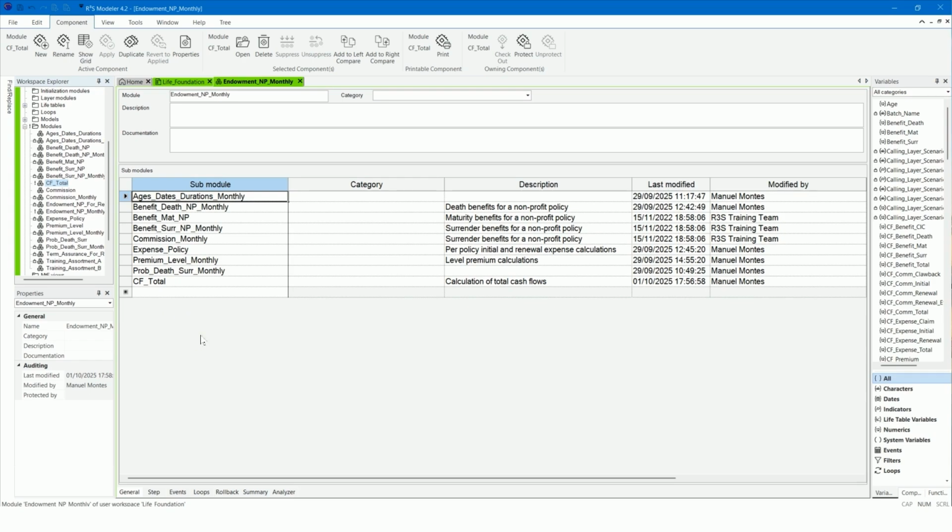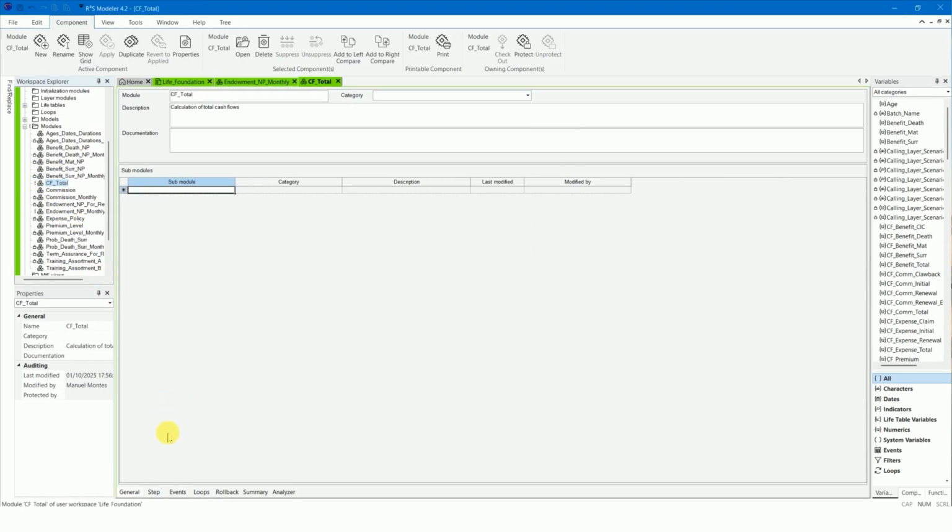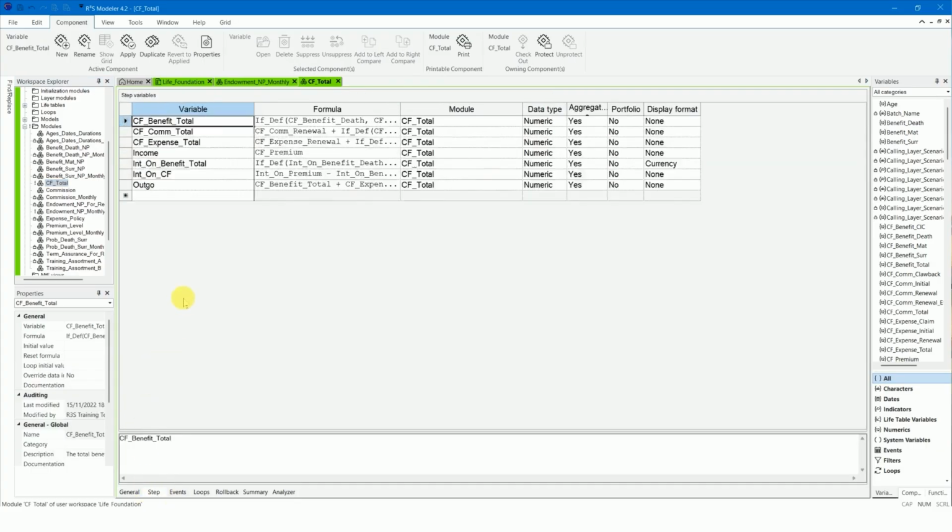You should now see 9 modules in the submodules grid. Copy the step variables in the CF_total module and add them to the output report, Revenue Account Report.